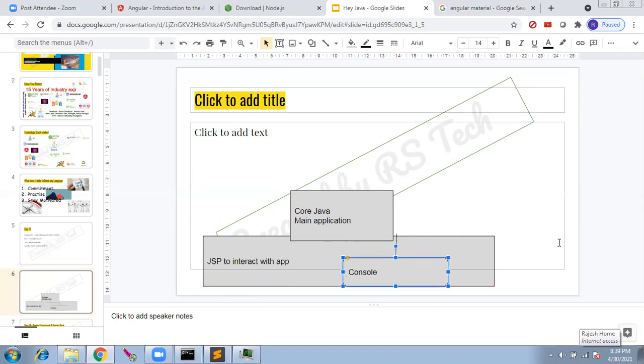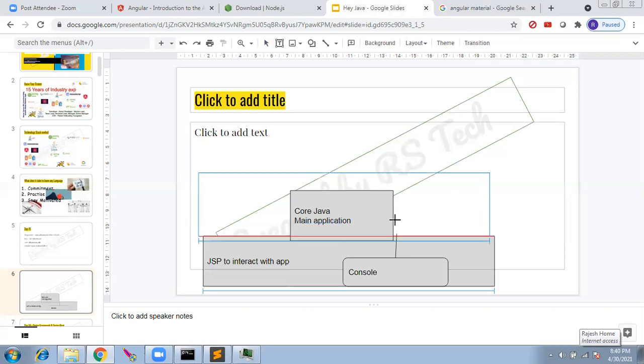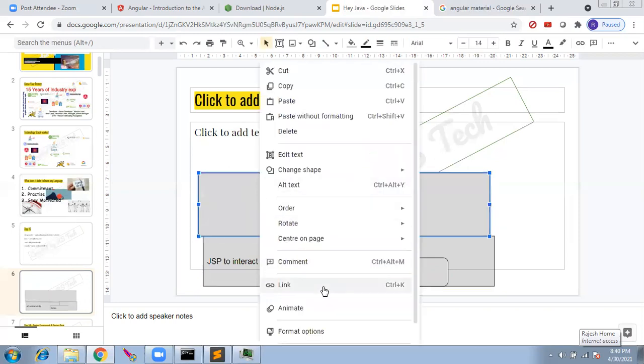Core Java can only interact with the console. So there we needed an intermediate person who can transfer from JSP to the core Java, and that guy was called advanced Java or servlets.